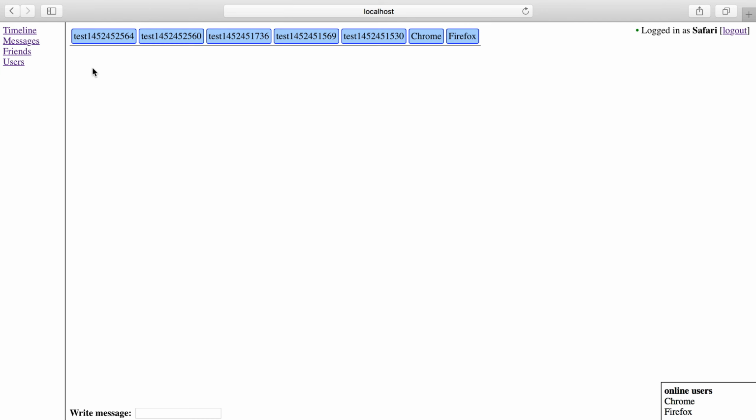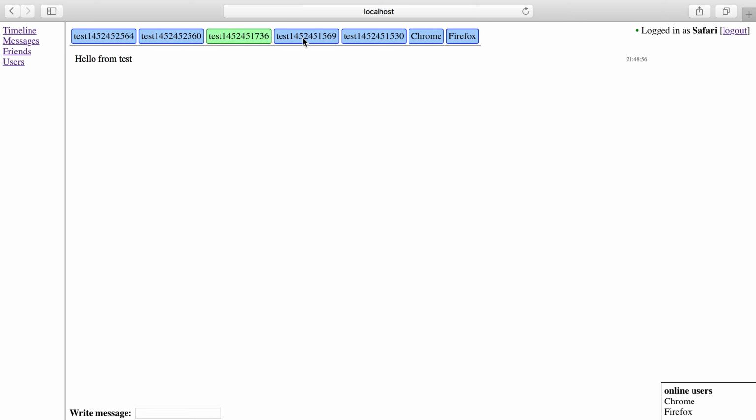And we also have messages, and I fixed a couple of bugs there. So now you can actually see messages that are sent by you and that are received by someone.